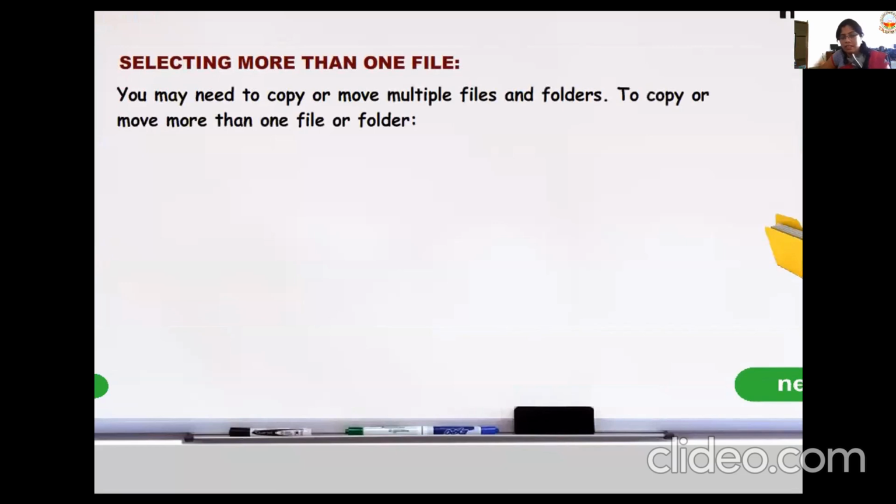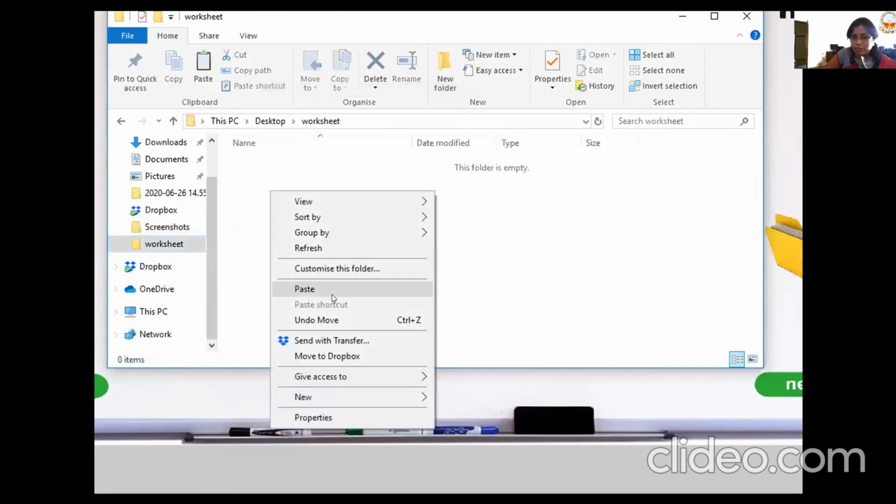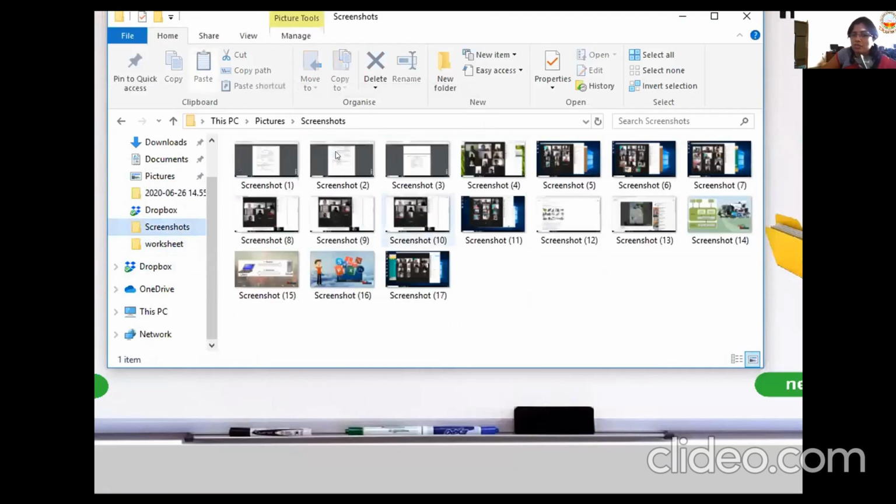Children, see now, I again will do it. I just cut it from here. I want my file in the original location only. I've done it. Can you see the screenshot? There are multiple pictures on my screen. I want to select one, I want to select another. But when I'm selecting one and I'm selecting the other one, the first one is getting unselected. But I want to select all these files together. How should I do it?